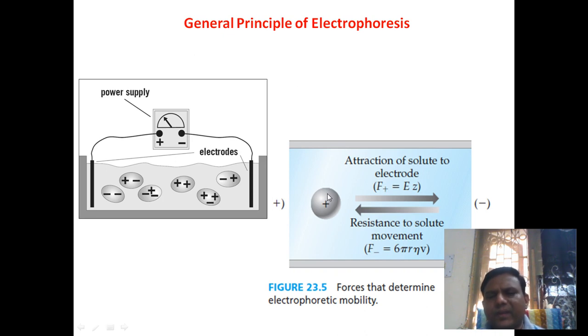The force depends upon the size, charge and shape of the molecule, and that's why when we apply the electric current, under the electric field, the charged molecules separate from each other on the basis of molecular weight, charge and shape. So electrophoresis is a process in which we can separate only the charge bearing molecules. This is the basic principle of electrophoresis.